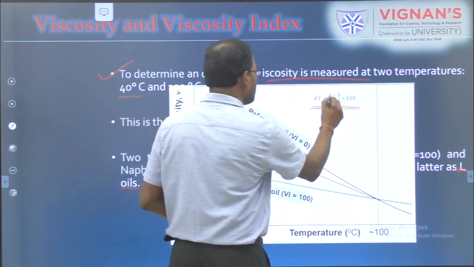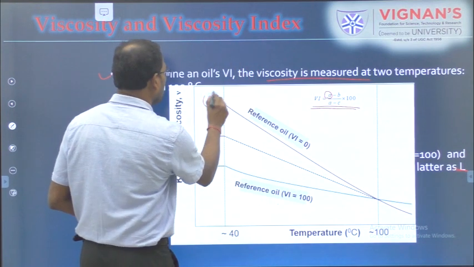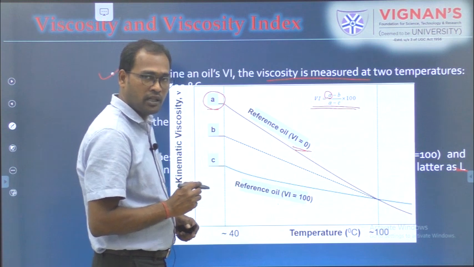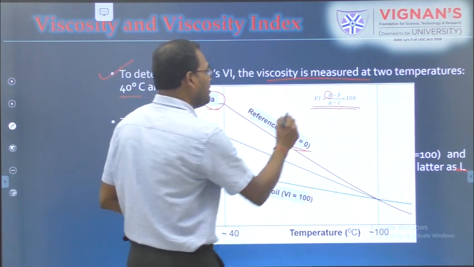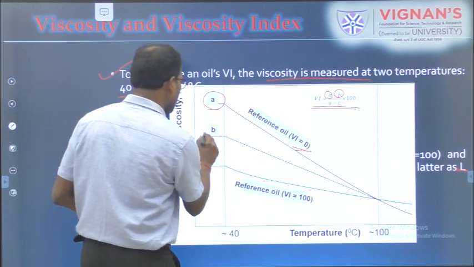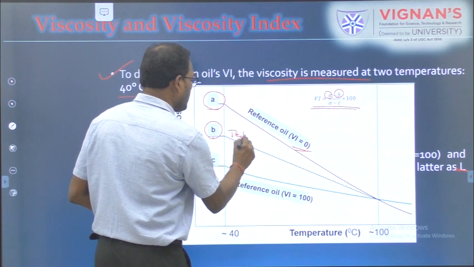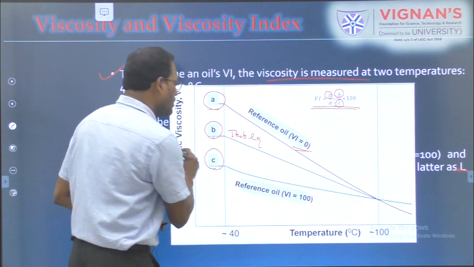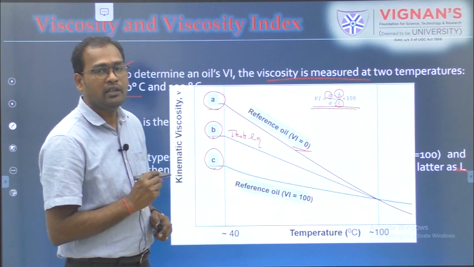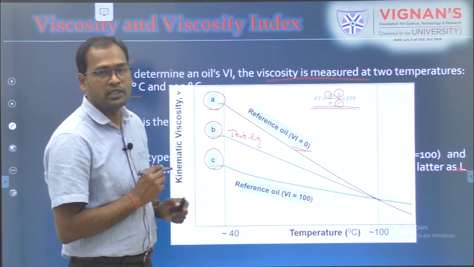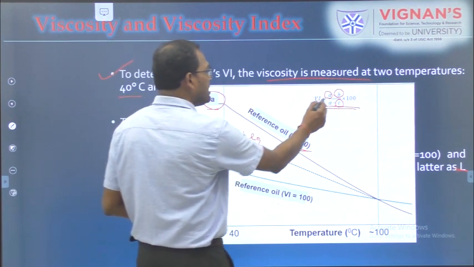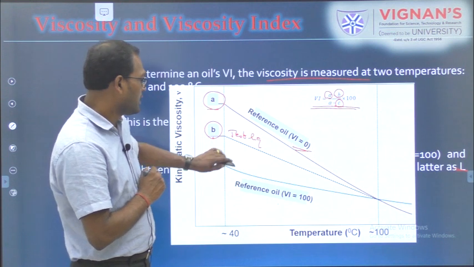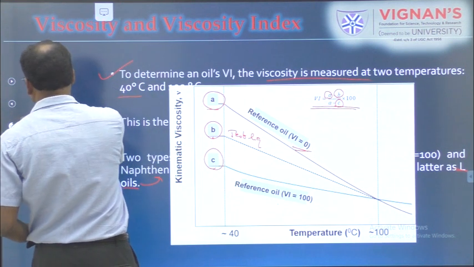Here A is your oil which has the least viscosity index, that is your Gulf oil, B is your test liquid, and C is the oil which has the highest viscosity index. So, using this equation you calculate the viscosity index, and as you see in this graph,